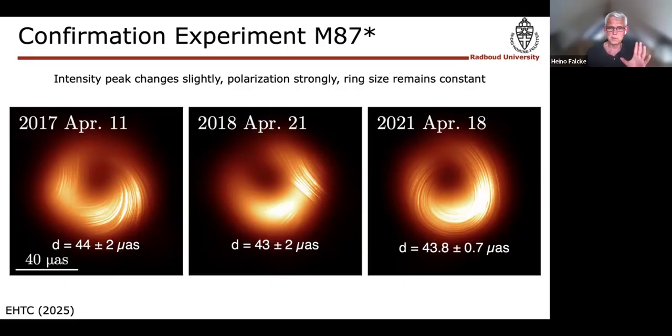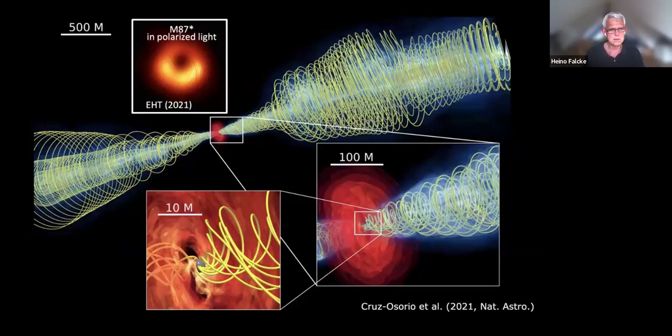What you see here, this hair, is not Beard Haircut Day. These lines indicate the polarization axis of the light. So light can swing or oscillate in a certain plane. And that plane is related in a bit more complicated way to the magnetic fields where they're generated from. So what you're essentially seeing here is an indication of how the magnetic fields are oriented. You have to rotate by 90 degrees and do some GR corrections. Okay, fine. But essentially what these lines tell us is the magnetic fields